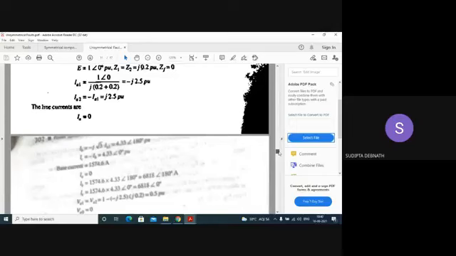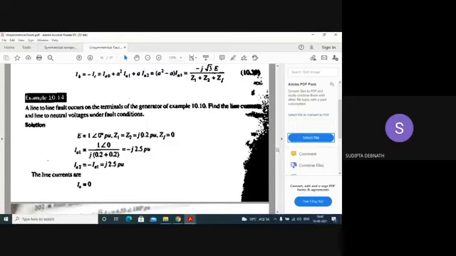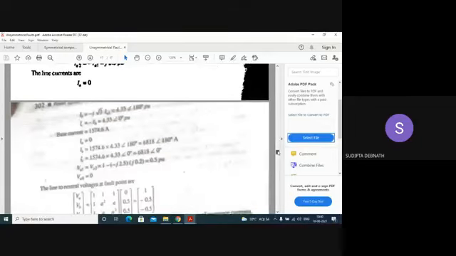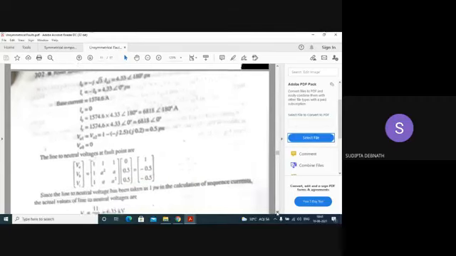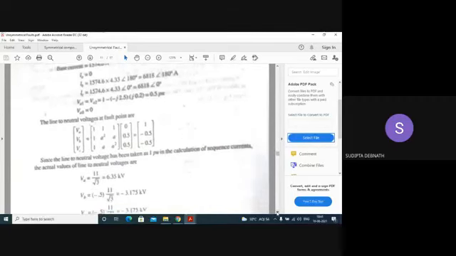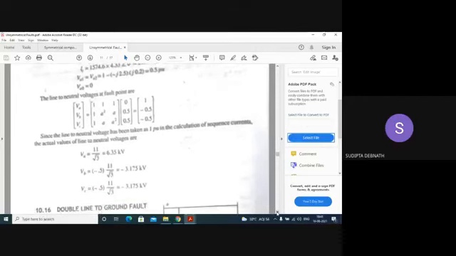What is IB and IC? You can find out from this expression. IB you can find out from here, and IC will be just minus of IB. Here only magnitude is given. IB is at 180 degrees, this is at 0 degrees. Now you find out VA1 and VA2, then write down all these equations. Multiplying by the base values, you can find out the values in volts.